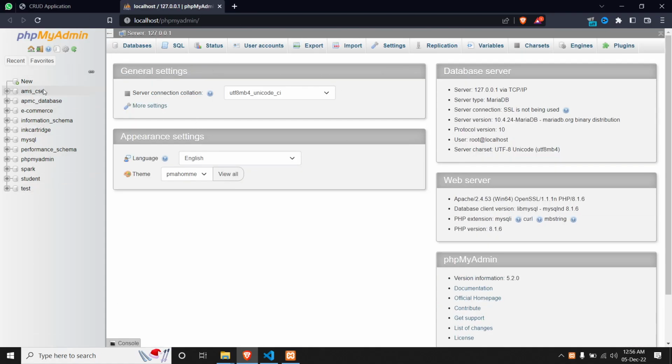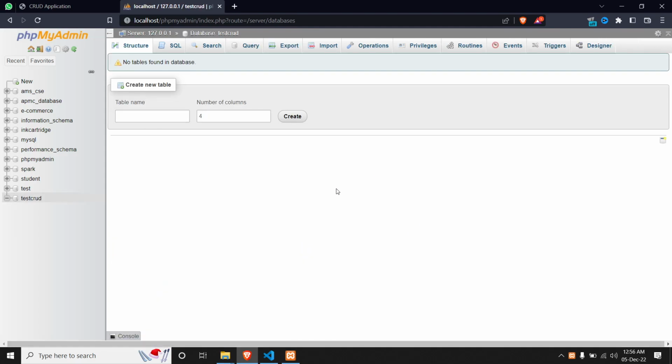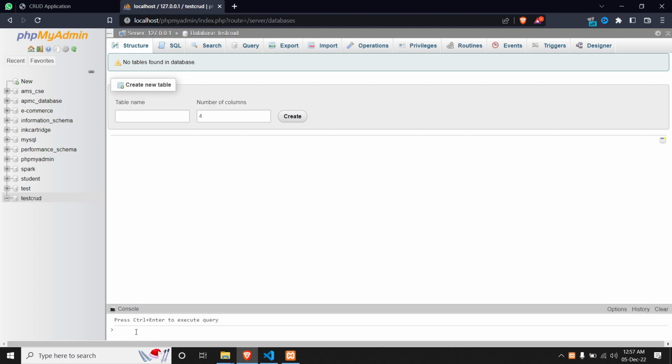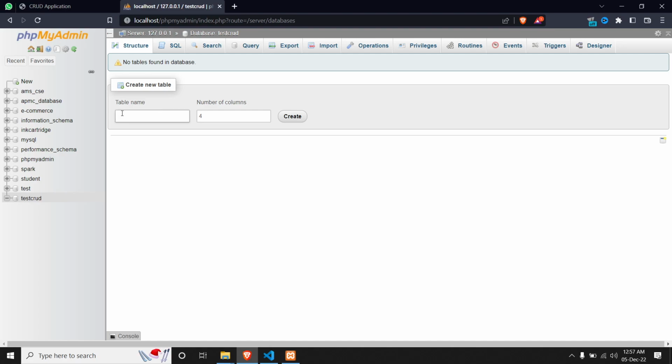And for this project, we will create a new database. So we will click on new. That's on this side of the screen, on the left side of the screen. And we will give it a name. So we will give it a name test crud and create. This is a GUI where we write SQL commands using a graphical interface. If you're familiar with writing commands, you can do the same by clicking in the console and writing it over here. So we will create a table called test